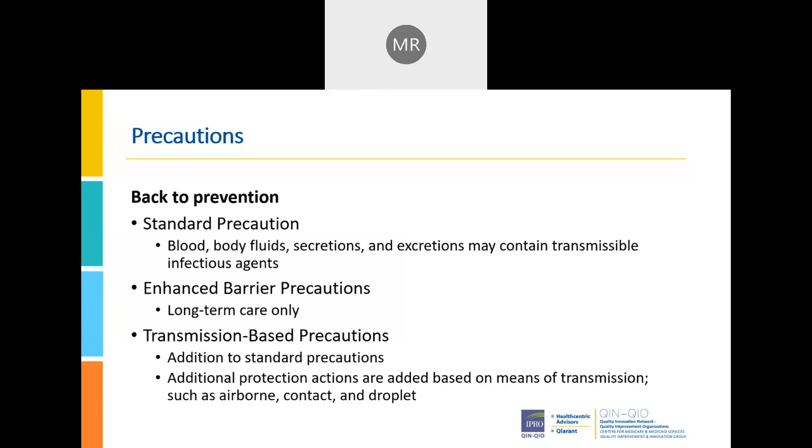sure your signage is accurate. Make sure if you have somebody on enhanced barrier precaution, whatever policy you put in place for your enhanced barrier precaution signage, that it's actually working and your staff know what to do when they're walking in. And if you have people on transmission-based precaution, is it the current sign that you are supposed to be using, or is it hanging? Is it in the right place? Do you have all that you need?